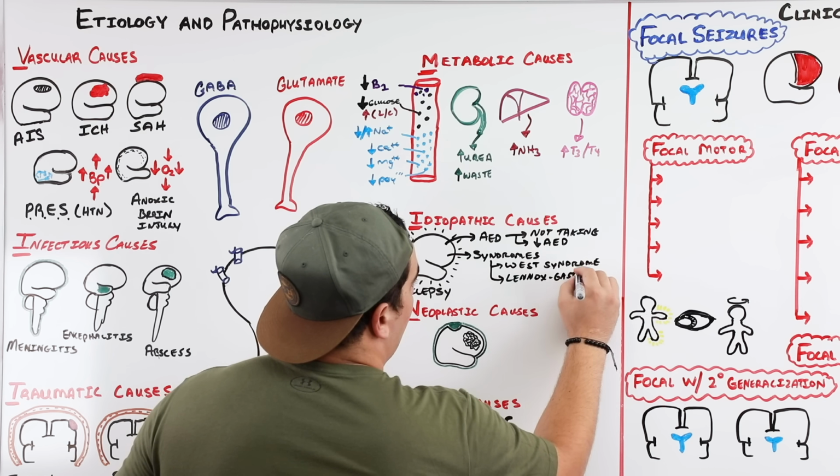So when we say idiopathic causes, we're talking about people with epilepsy who either have an epileptic syndrome of some kind, or they're just not compliant with their AED, or it's not at the therapeutic dose. So think about that as another potential cause. So far we're up to I of vitamin D and E. What's the next one? Neoplasia.